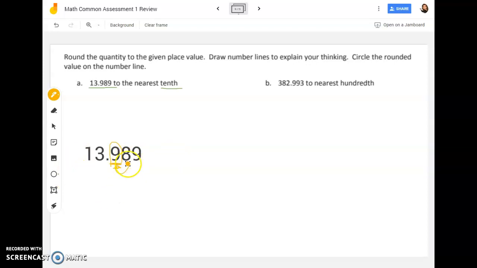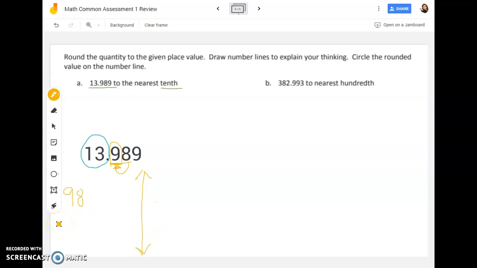So we're going to take these two numbers right here. We're going to kind of pull them out of our number. Remember, I told you everything in front of the place that you're rounding to stays the same. So our 13 is not going to change, but our numbers back here, we're going to do some work on those. So I want you to think of it as having the number 98, having 98 hundredths. And we have to decide